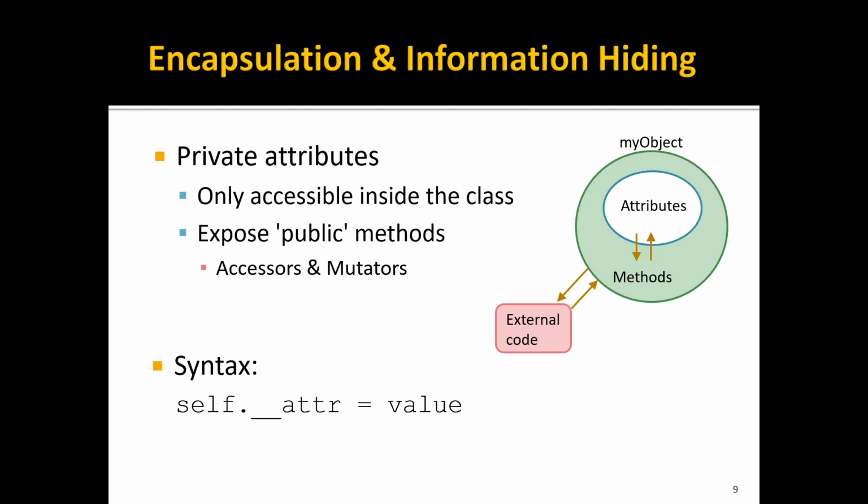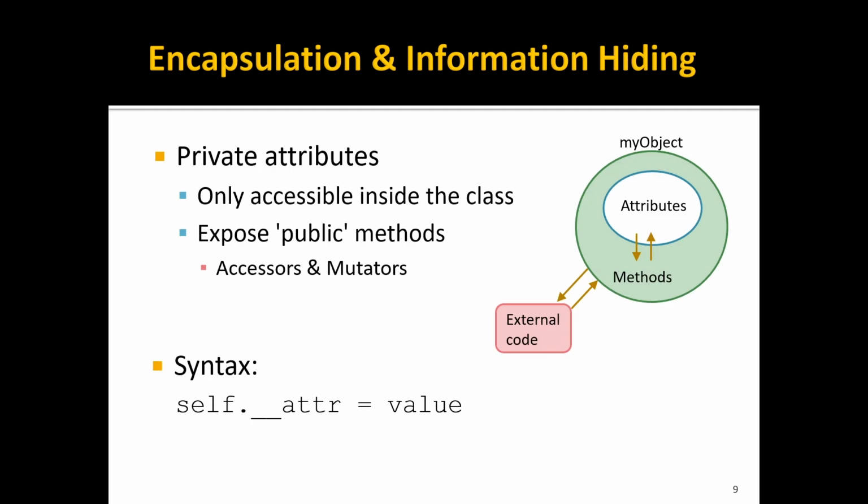That is to say, if an object has some data attributes, we should be preventing external things outside the object from being able to directly access or directly change those attributes. So what we should do is make those attributes private to only the object, kind of like how local variables only exist inside of a function. The idea here is that this is going to prevent against some accidental corruption or intentional misuse of our data